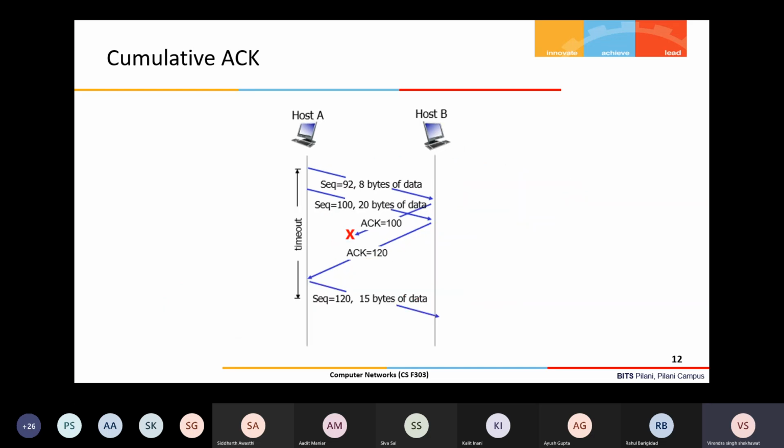Okay, one more example we just look at. This is a cumulative acknowledgement example. So first segment sent and second segment sent. Timeout is running, the timer is running for this first segment. Let us say the first segment's acknowledgement sent by host B is lost. Okay, fine. And still the